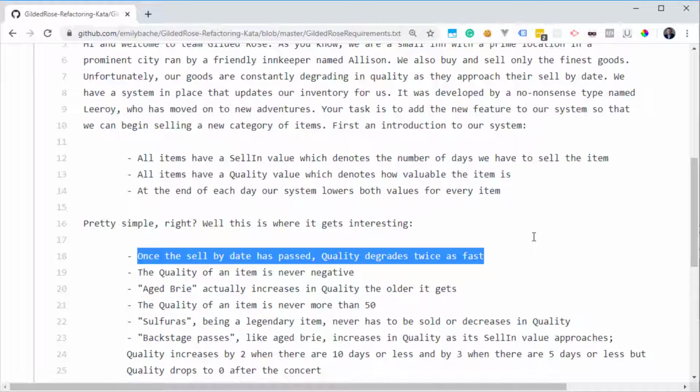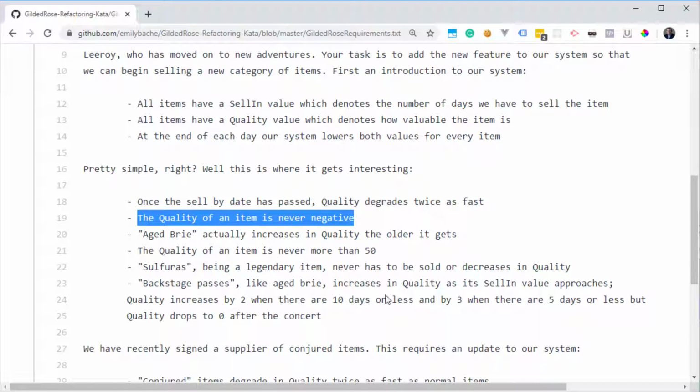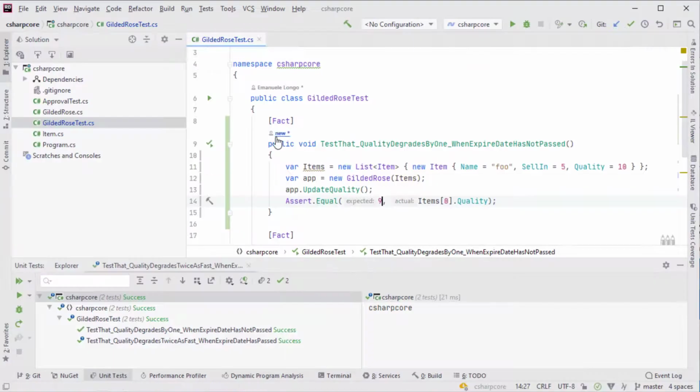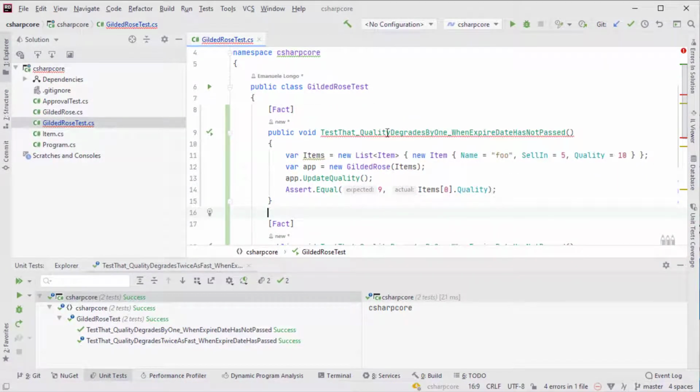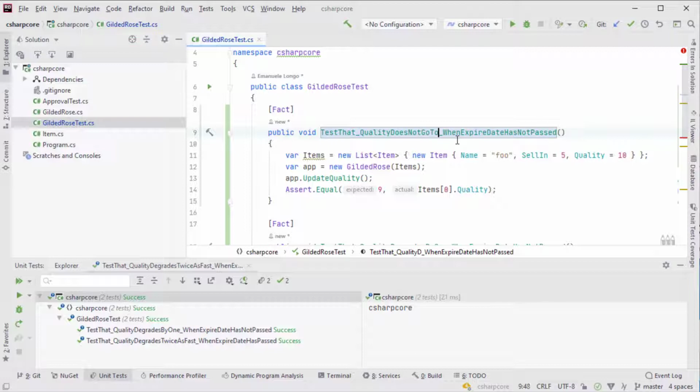We will look further into the specification and see that the quality of an item is never negative. I'll test for that as well. So we'll test that quality doesn't go negative when it's 0.